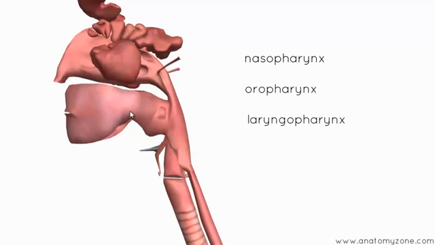Food passes out of the oral cavity into the oropharynx, and then various constrictor muscles contract and propel the bolus of food from the oral cavity through the oropharynx and into the laryngopharynx, and then it passes down into the esophagus below. During swallowing, the soft palate swings up and closes off the nasopharynx,